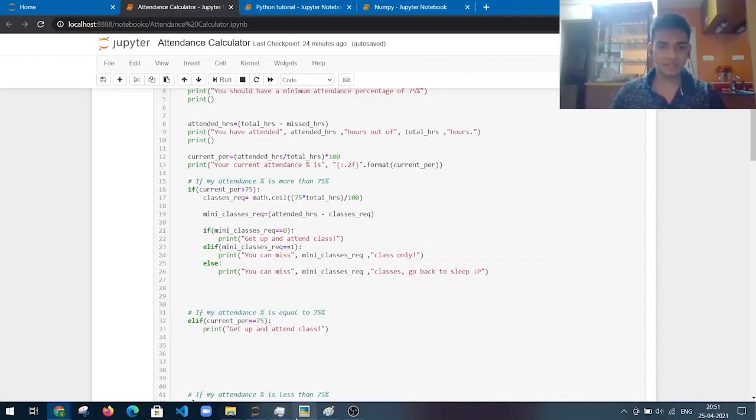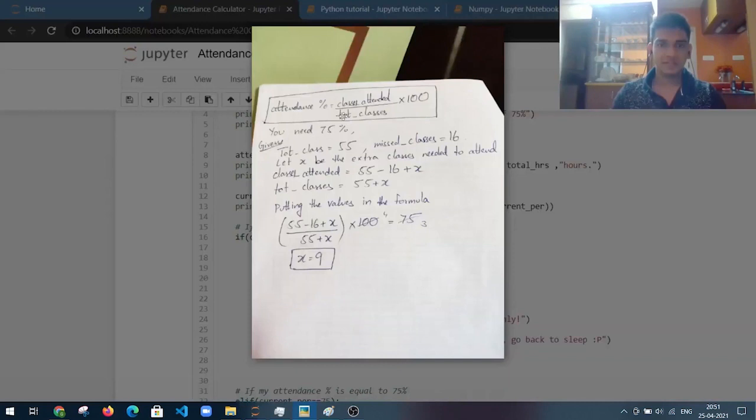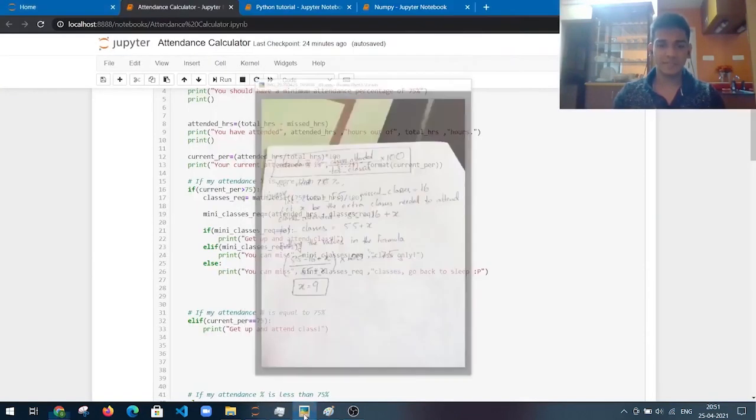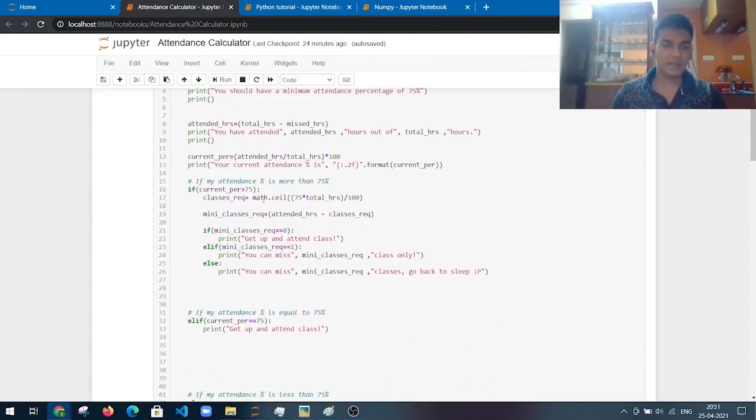I can give you an example here. The attendance percentage is equal to classes attended divided by total classes into 100. That will give us the attendance percentage, right? And I've taken three test cases here wherein my percentage is greater than 75. Once it is greater than 75, I can work out how many classes I can miss to maintain that